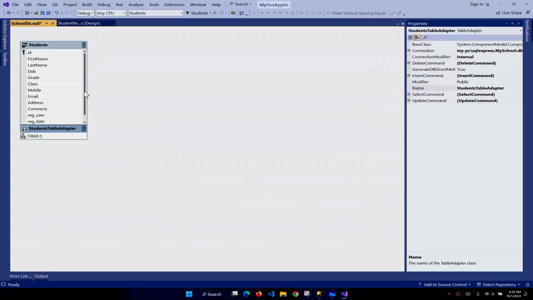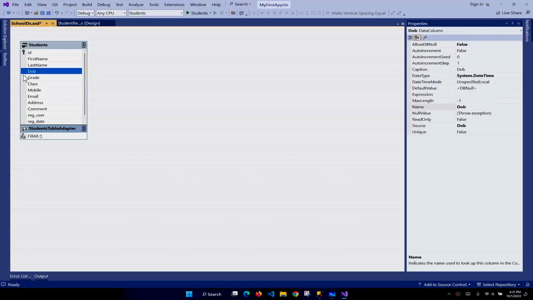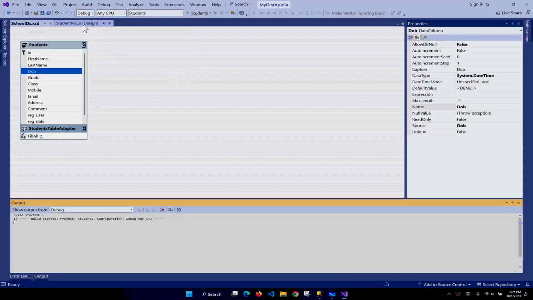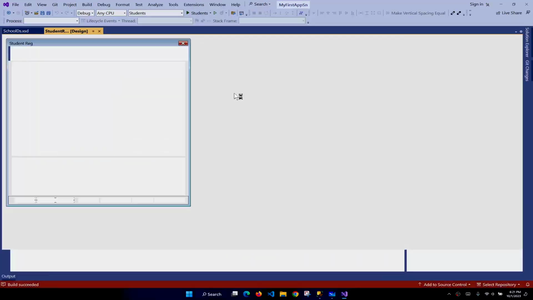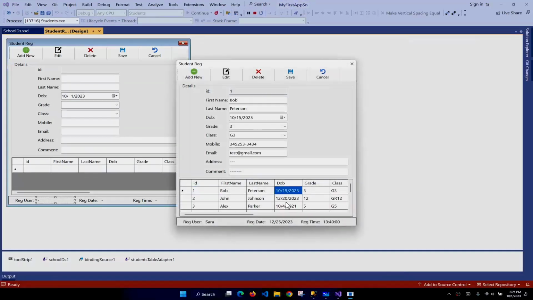So if I take a look, as you see, everything looks great. Now the DOB or date of birth has allowed to be null to false. It's really simple and straightforward. Now if I run, I can see the great and amazing result. So I have the date of birth and everything looks